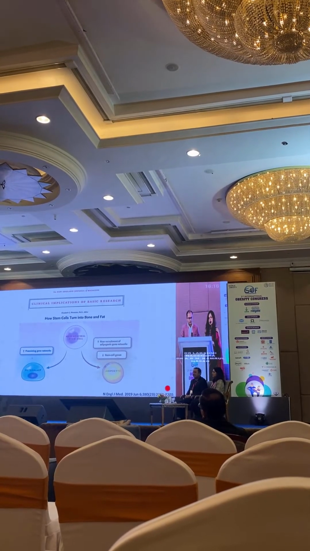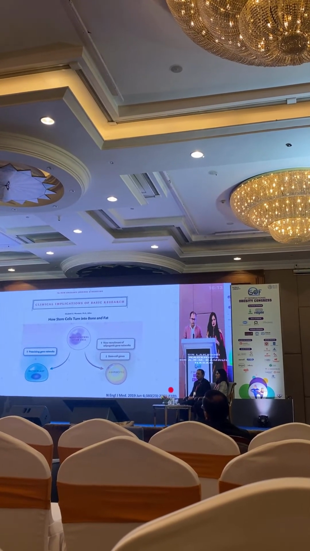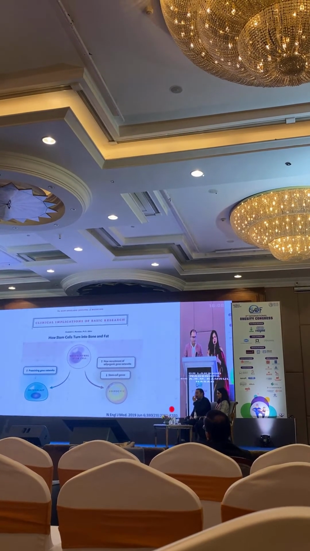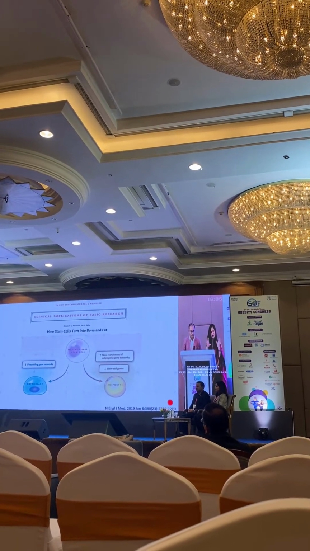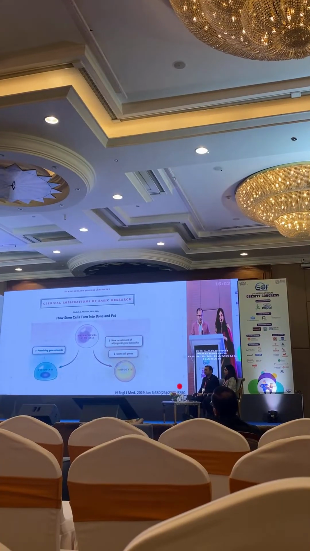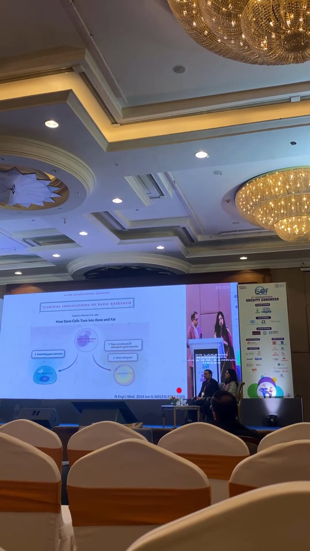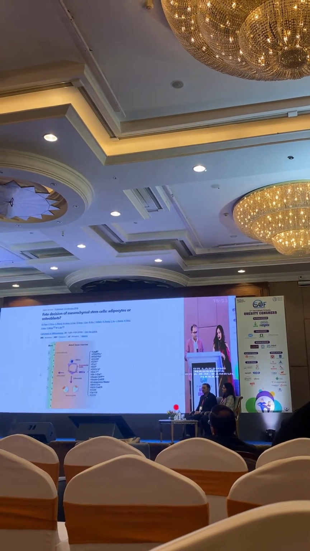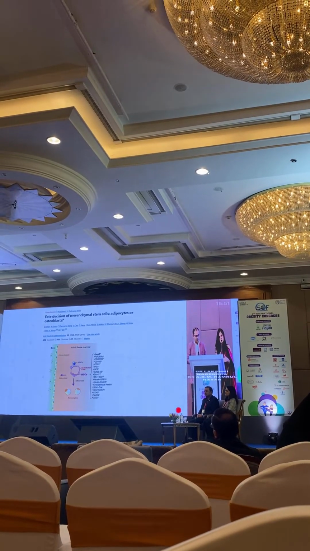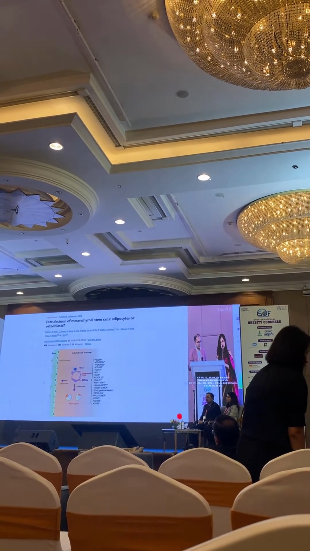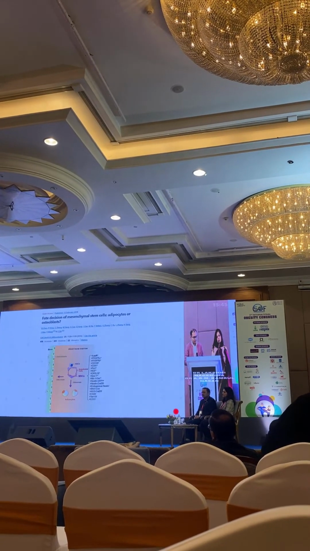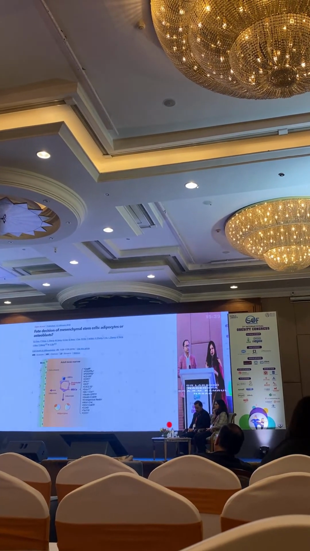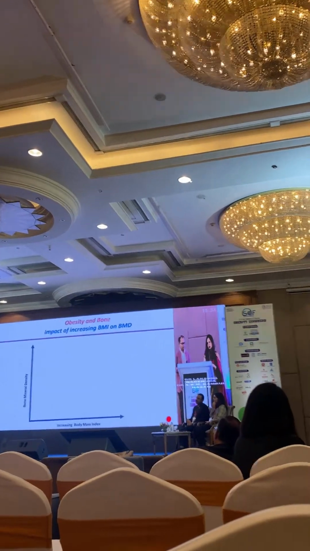But why does this actually happen? So this is very interesting. If you look at the ancestor of both the bone cell and the fat cell, they share a common ancestor, and the environment and the genes decide which pathway these mesenchymal stem cells take. So if they go towards adipocytes, your osteoblasts are fewer, and that is how your bones suffer. It goes back to their ancestor, the mesenchymal stem cell. If your cells are more into osteoblasts, there is less adipogenesis, but if they go more into adipogenesis, there are fewer osteoblasts. So this is a simple pathophysiology which can explain this.